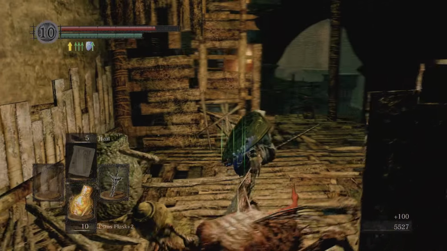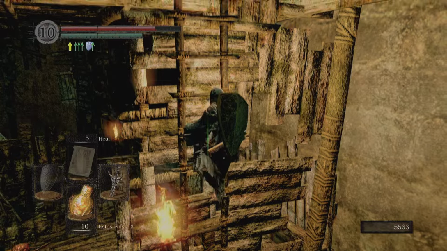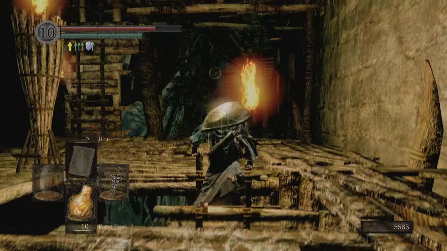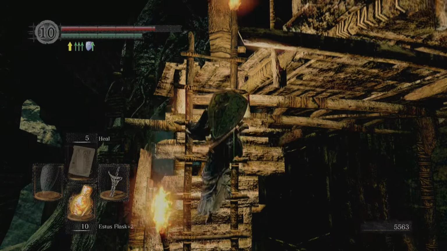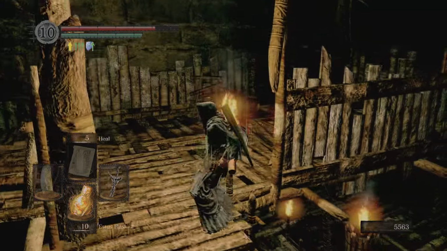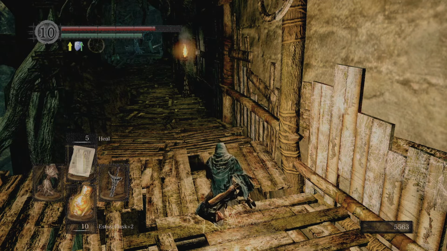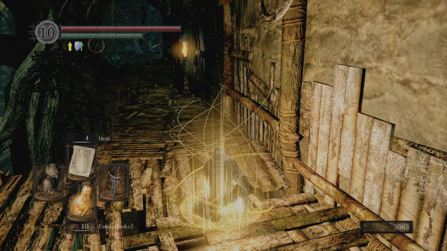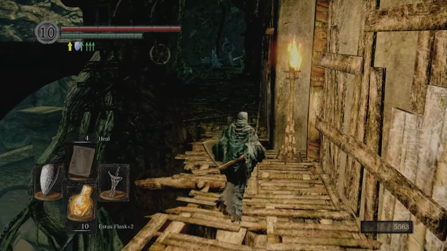Two-hand, deal with the Chaos Spider. Up the ladders. And this is where we got the key that I said you don't need. I'm going to top up my health. For as you know, we now have 3 of the